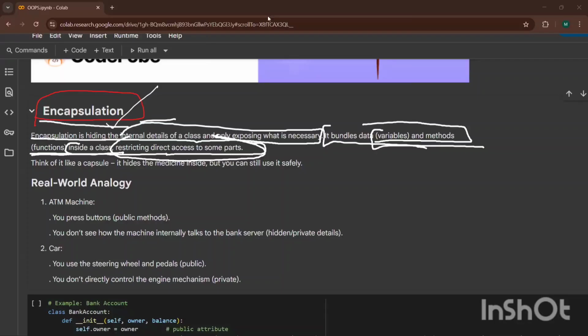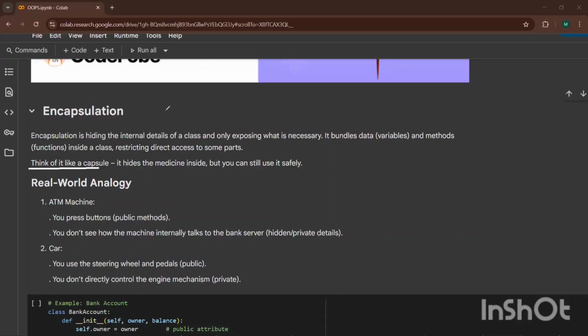You can think of it as a capsule. The medicine capsule hides the medicine inside it. The capsule looks like this, no? The red and white one. If you open that capsule, there will be a powder medicine inside it, right?